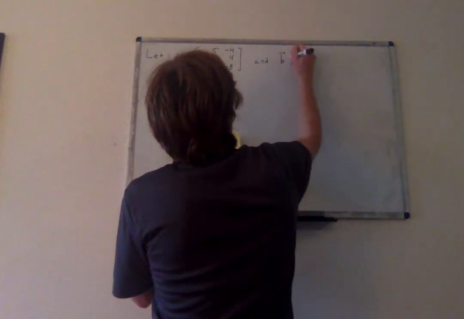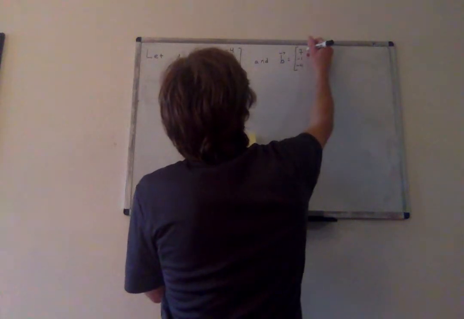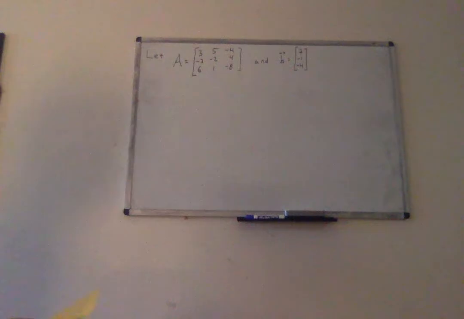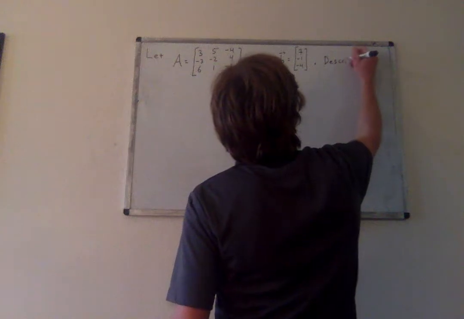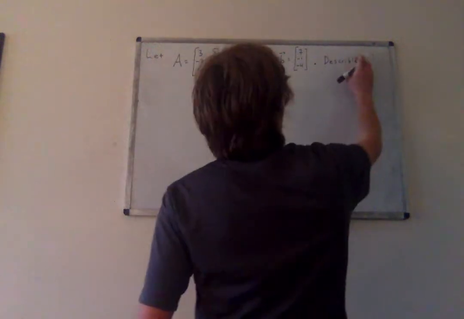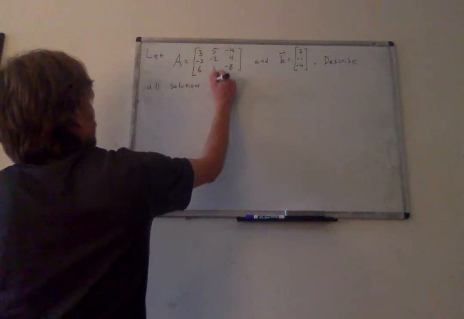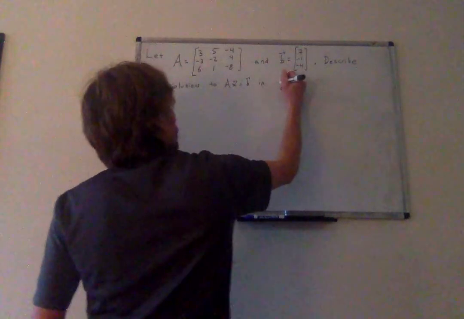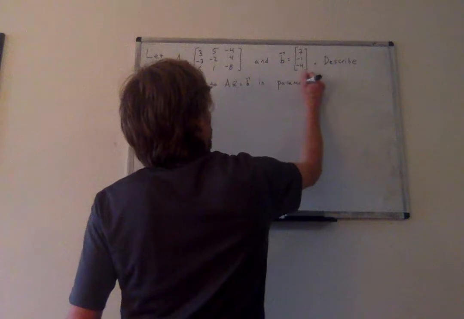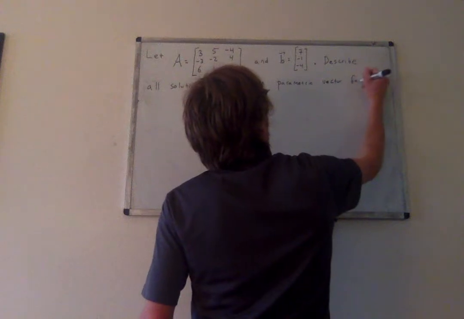And we're going to jump back a section or two, and we're going to let B be the vector 7, -1, -4. And so what we want to do is describe all solutions to AX equals B in parametric vector form. All right, so